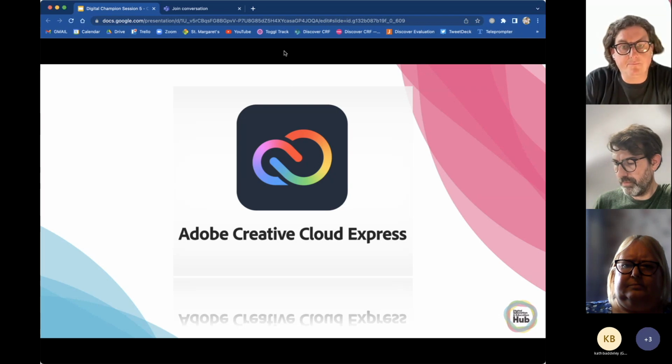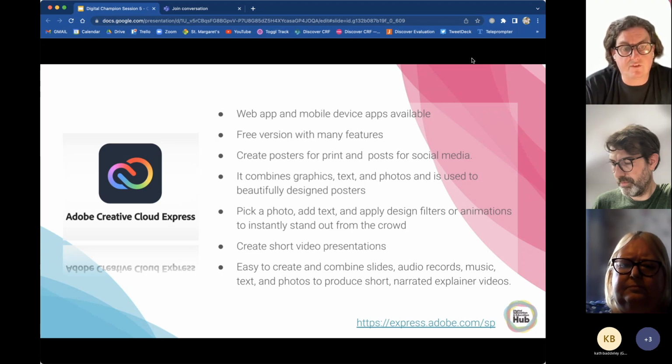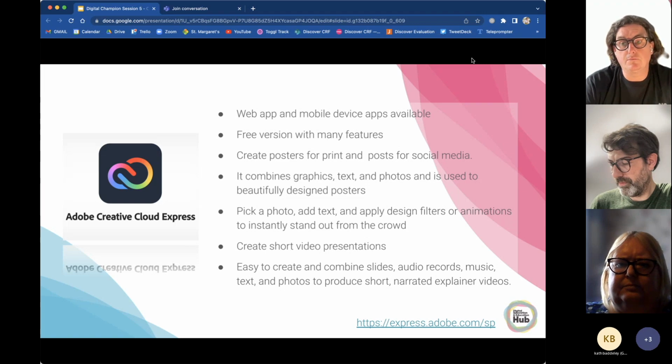There we go. And it's a cost. So Adobe have had to think, how can we create something which ultimately is free with some features? So Adobe Express is a web app and mobile device apps. It's free with limited features, but still loads of features. And it allows you to create posters for print and posts for social media